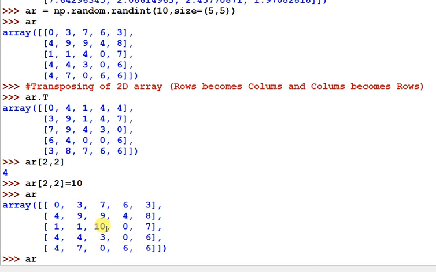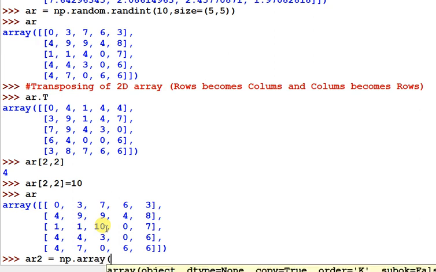Next, suppose you are creating a one dimension array. For a one dimension array, you don't have to pass a row index and column number because only one dimension is there. Suppose I am passing 1 comma 3 comma 4, and AR2 is a one dimension array.